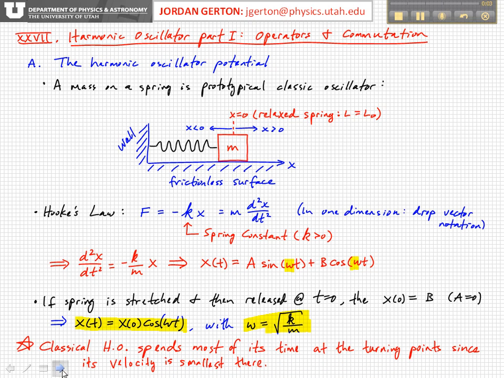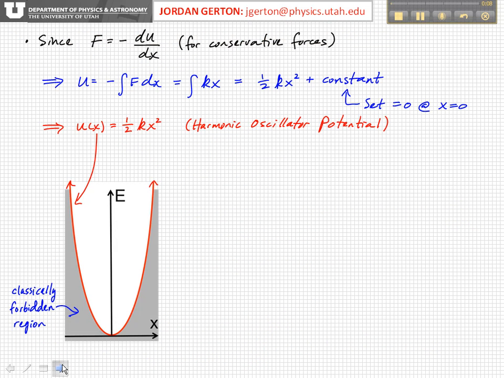Okay, so that's the classical harmonic oscillator, and we can derive a potential energy for the harmonic oscillator. If we realize that for conservative forces, the force is equal to the negative spatial derivative of the potential, and so